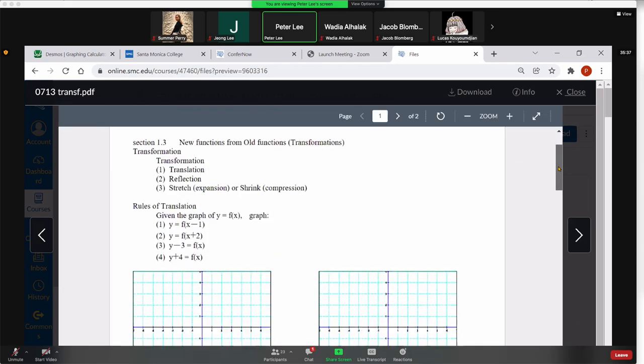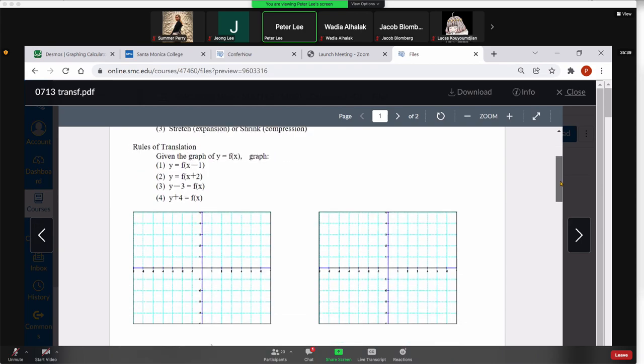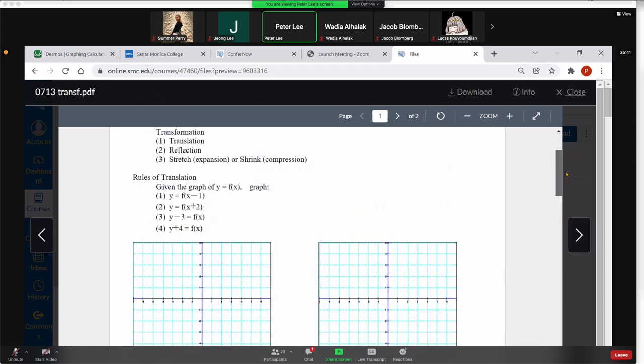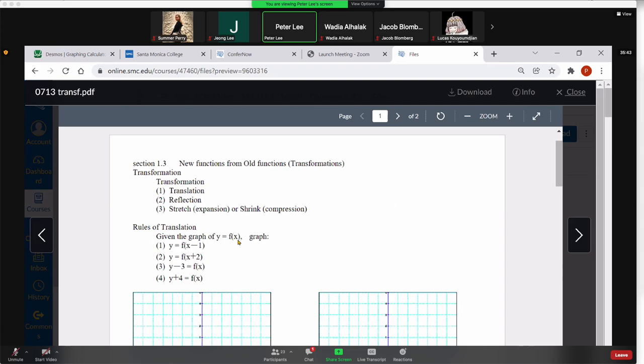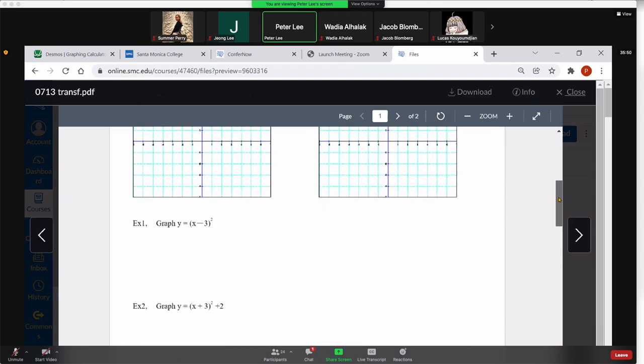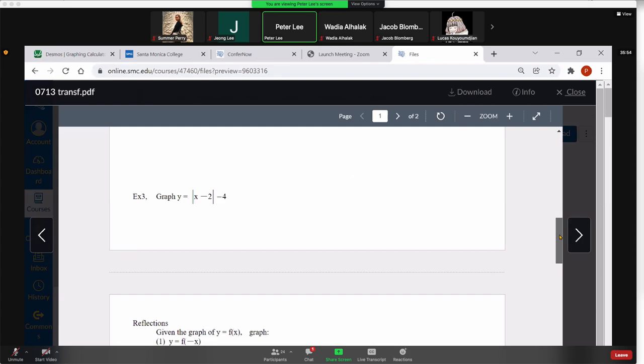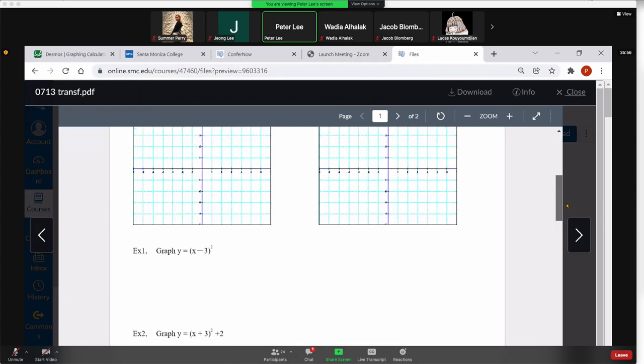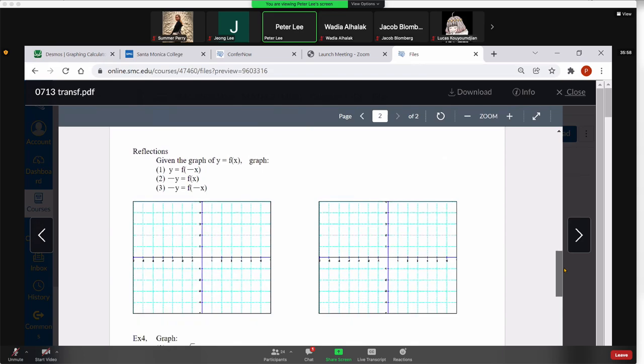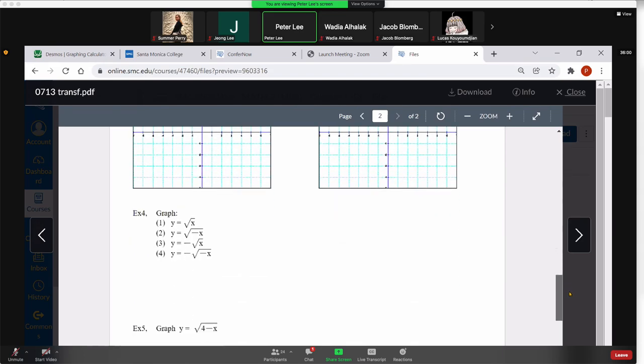Transformation is basically this right here. If you know the graph of y equals f of x, then how do you graph y equals f of x minus 1? Or f of x plus 2? Again, I think some of you may know it, some of you may not, so I'm not going to cover this right now, but anyway, these graphs right here, and then we talked about translation, and then we talked about reflection, and we talked about what, the